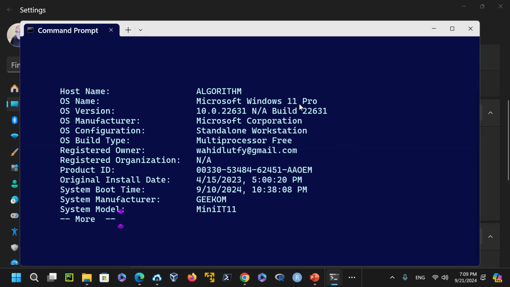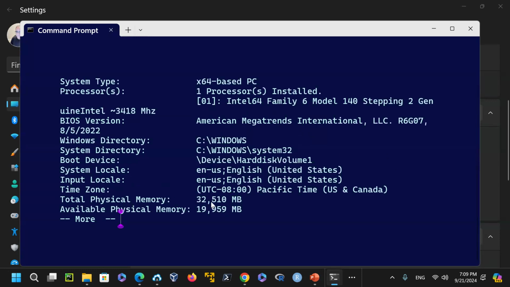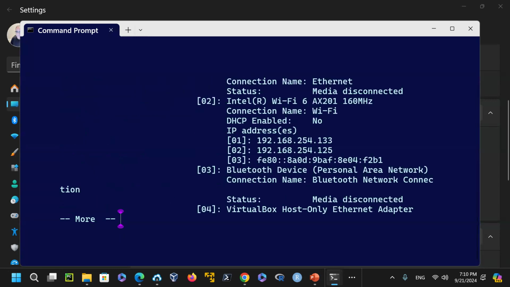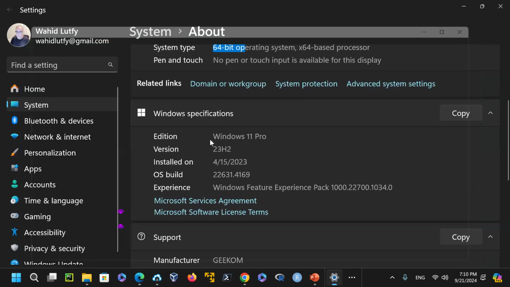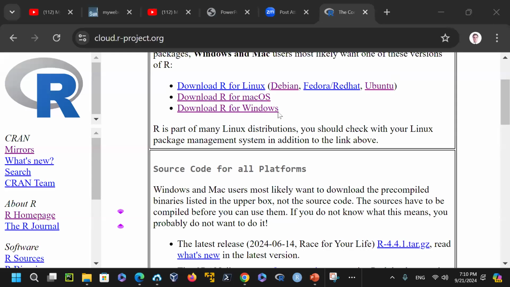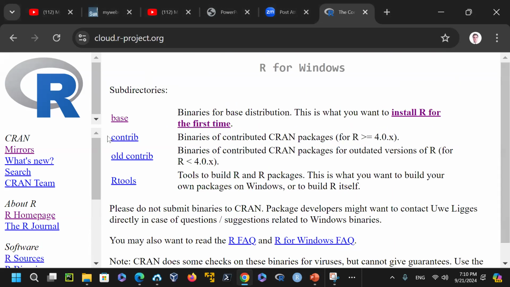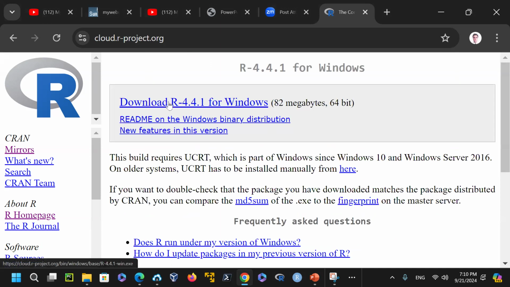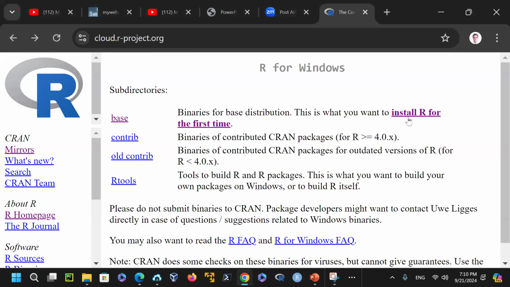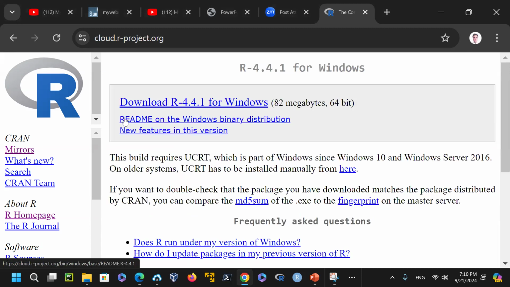So Microsoft Windows 11 Professional Edition, you can see, and then the processor, 64-bit, everything is there, right? So I'm going to close this one. We got that information. So we know that I want to get Windows 11. And then right here under the base, you can see it says to click R. If I go back on this screen, it says install R for the first time. If you're doing it for the first time, obviously you click on the base, and then the version that is